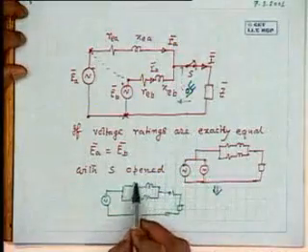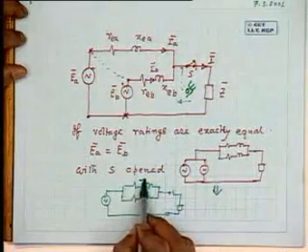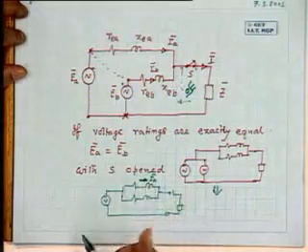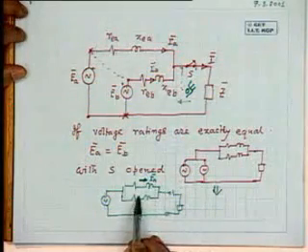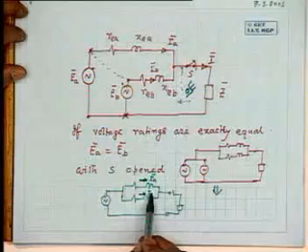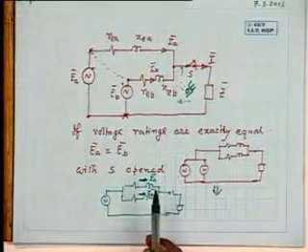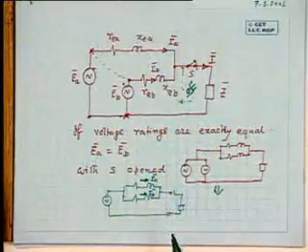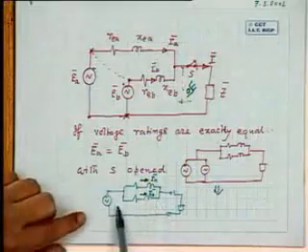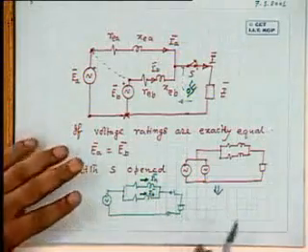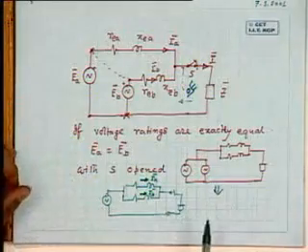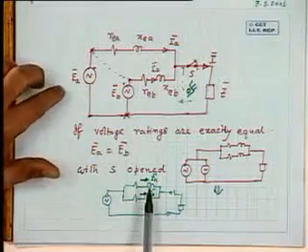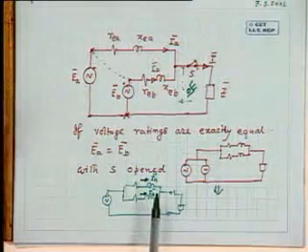But the important point: if you reduce the circuit here, you should not lose sight of the fact that this current, whatever it is, is actually my winding current. This is IA bar and this is IB bar. IA bar will be actually my winding current. This I know. So in analyzing this simple circuit, I must know what is what. That is, IA bar, this branch current, is actually my winding current. That is what I am trying to find out.